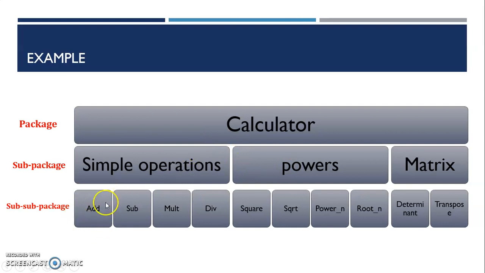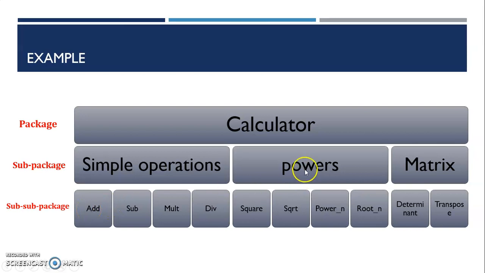Here this addition can be considered as a method inside the class simple operation, or if you are defining the simple operation as a sub-package, addition can be considered as a method that is a part of holding all these methods, or we can consider each of these particular operations as separate classes.